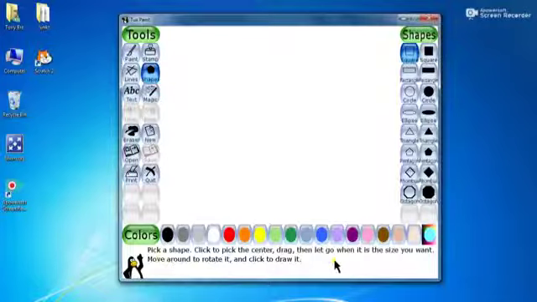Okay students, this Tux Paint is free software. It does not cost anything. All you have to do is go to their website and download the program. It is specially designed for children.